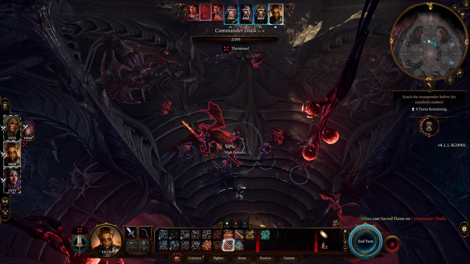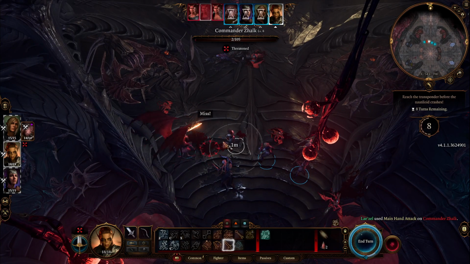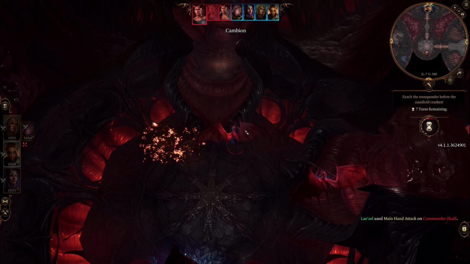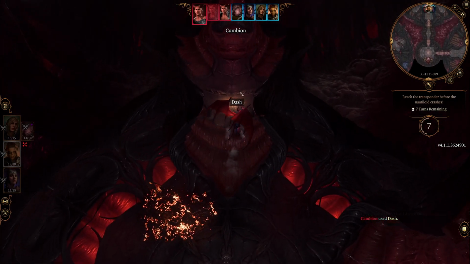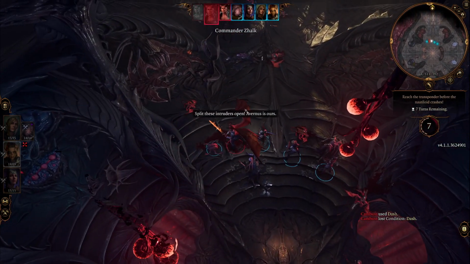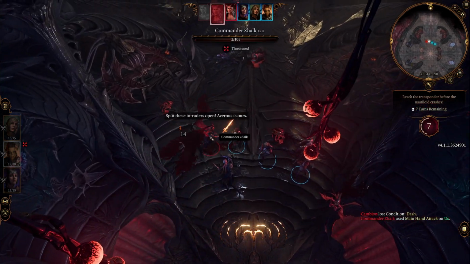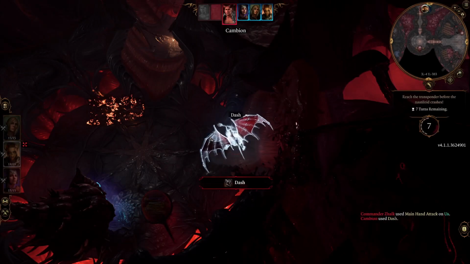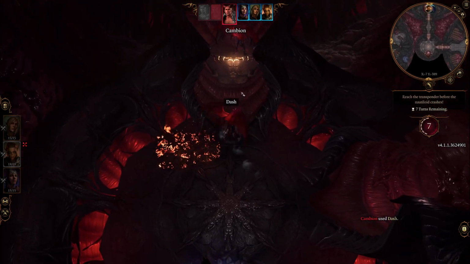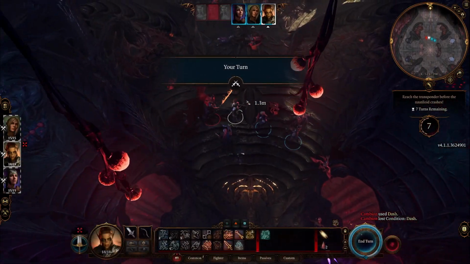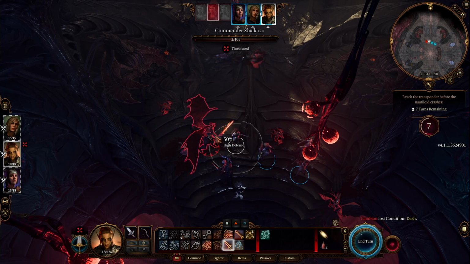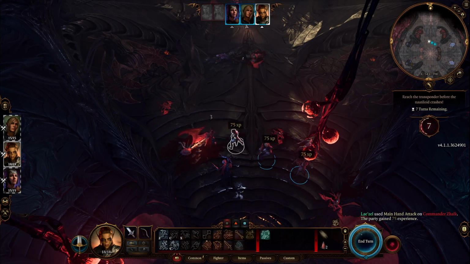Victory awaits. Lae'zel can hit. No, we cannot. Here they come. That's okay. Okay, there goes him. Okay. It went black for a second for some reason. There he goes.